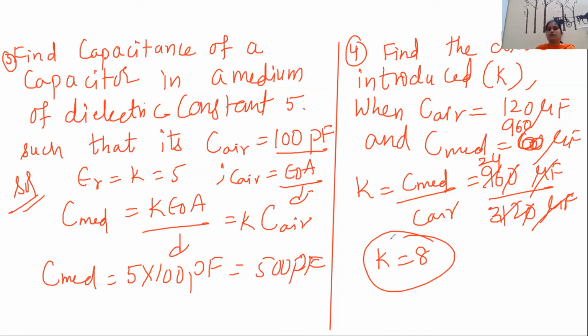So this is your first session, children. We had a very basic idea about what a capacitor is, how it stores charge, and that it also stores electrostatic energy, but we did not yet discuss that. We only saw how, when you apply a potential difference, the charge stored is based on the capacitance of the capacitor, on what factors the capacitance depends, and what the basic formula is for the capacitance of a parallel plate capacitor. So this was the session. Hope you enjoyed. Keep learning. Thank you.